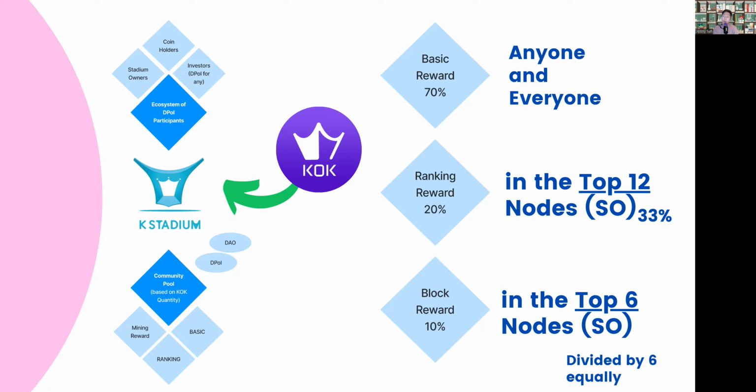What K Stadium allows you to do is that the sacrifice you made is still worth value, right? So you'll be rewarded for what you've done, and therefore you are getting this KOK coin as a reward. So we are actively reducing the supply, the quantity of KOK in circulation, therefore increasing the value. And for doing so, you are given an incentive or a reward.